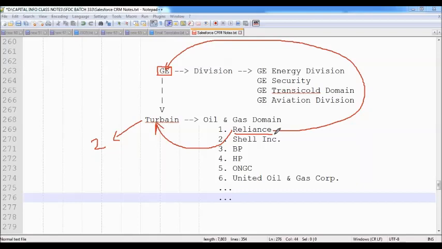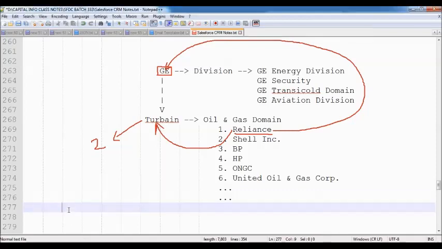Now in this case, Reliance people are going to raise the question to the GE organization. I'm ready to buy the product, then please give me the assurance. Will you provide the service or not? If yes, then how frequently will you provide the service? For that, they will have some agreements.